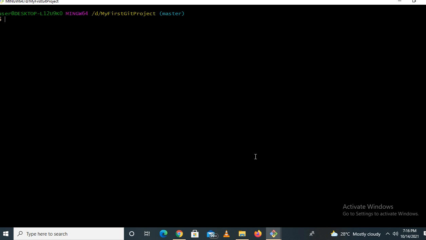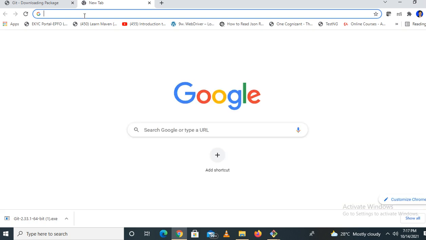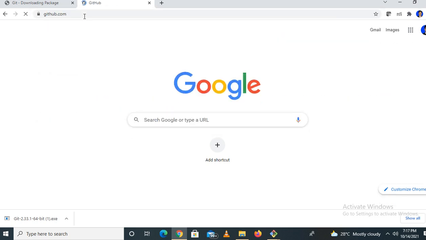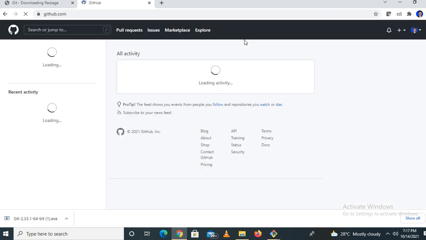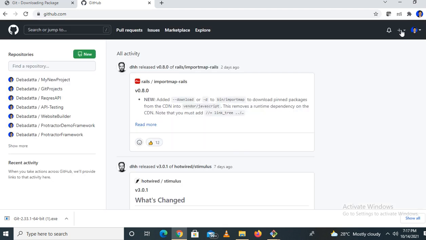So let's create a new project in GitHub. In GitHub we should create a new repository. So go to my GitHub account, and create a new repository here. This is the plus sign where you need to click and create a new repository. Click on this,